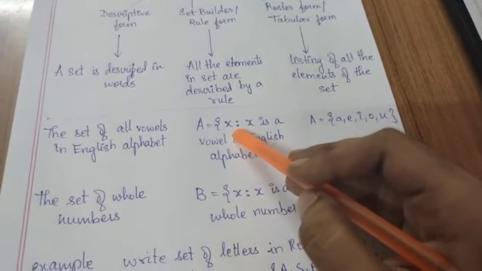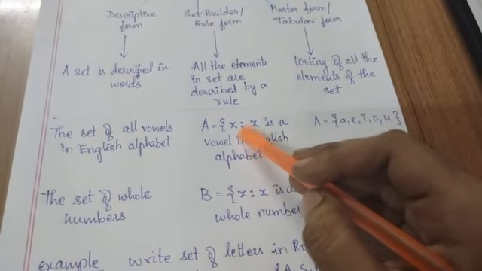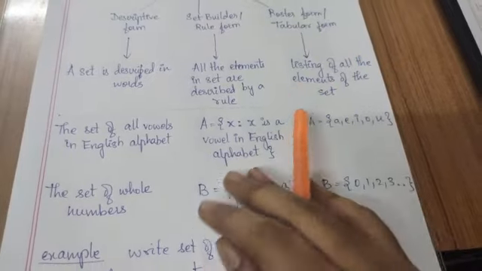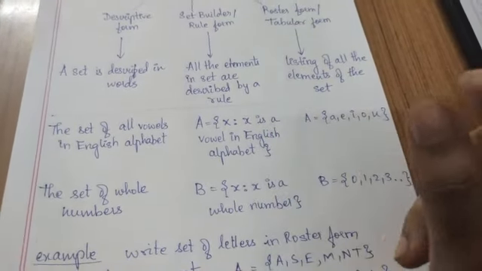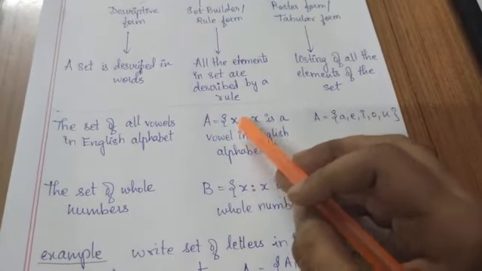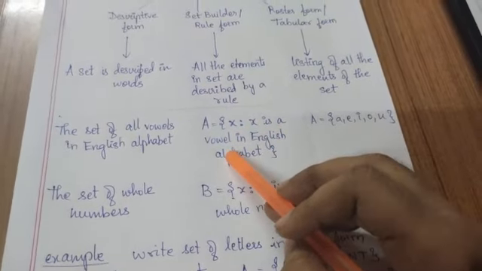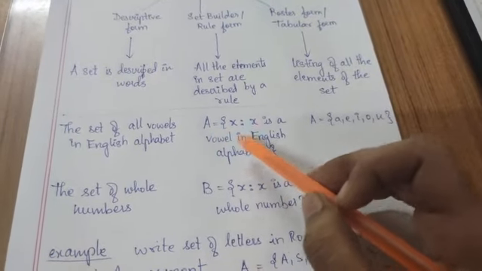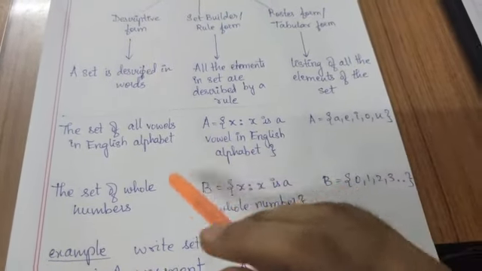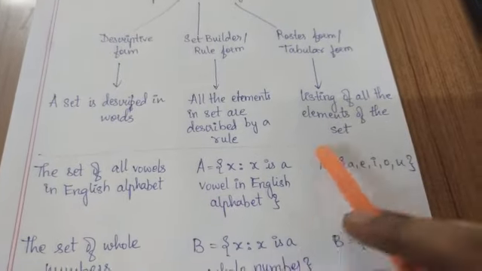So இந்த colon, double dots பார்க்குறீங்களா, அந்த colon வந்து we have to read it as such that அப்படின்னு படிக்கணும். So x such that x is a vowel in English alphabet and it has to be enclosed within curly brackets. Okay, so